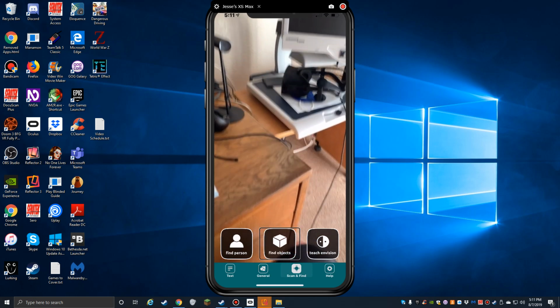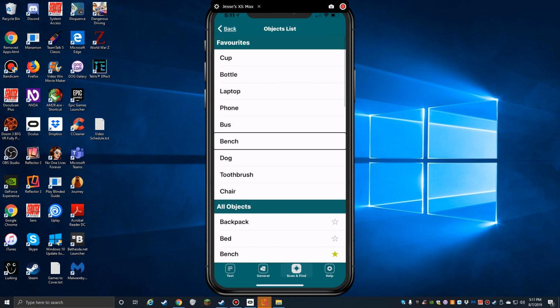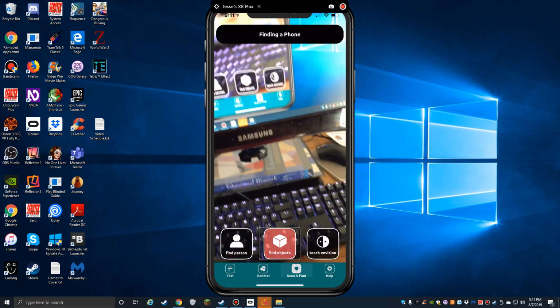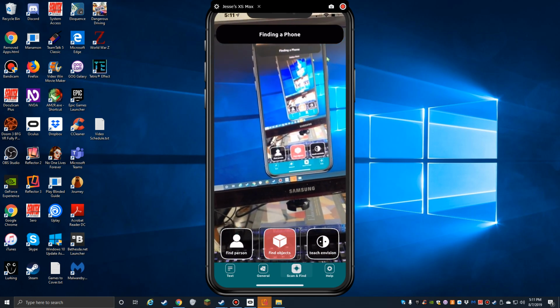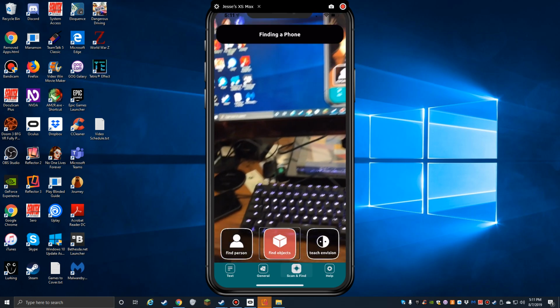But let's go back in there and I'll show you some other stuff you can recognize. Bench, bus, phone. Well, you know what? I do got a phone over here. I wonder if it means like a cell phone, or let's find out. Let's look at my Android device. Finding a phone. I got my computer here. Hey, a little inception there. Whoa, that's pretty trippy. But if I look down,